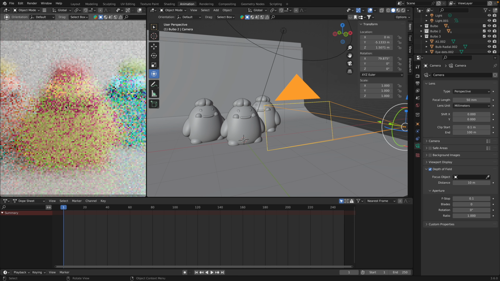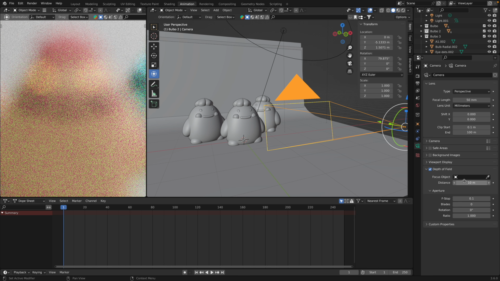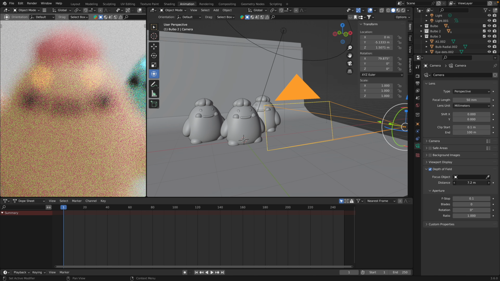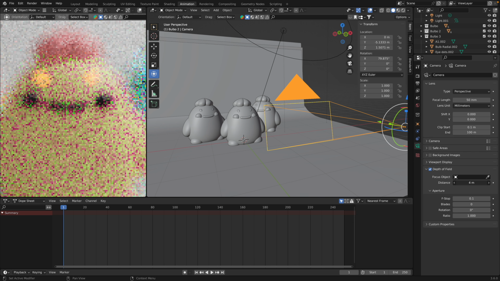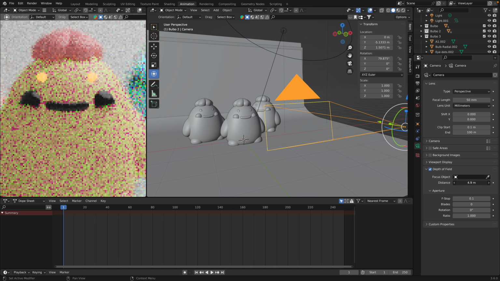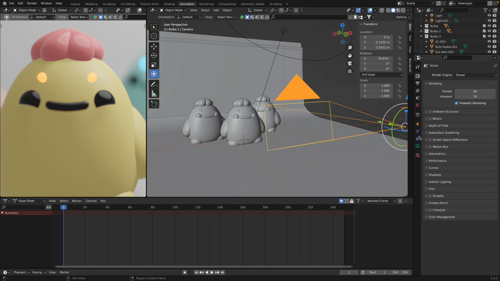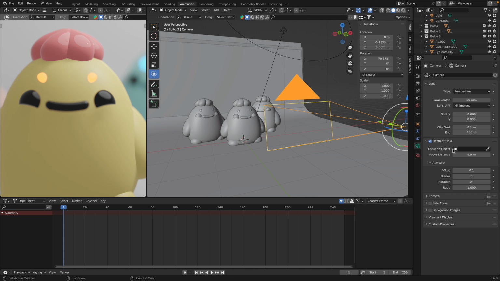So I'm going to zoom this back in really close. And then I'm going to go to this distance, and I'm going to bring this down until the front one is clear. Whoop, we just passed it. Let's go to Eevee. So instead of Cycles, I'm going to use Eevee in the camera. That just makes it easier. And then I'm going to go back to the camera and then back to the depth of field options. That'll make it a little bit easier, because using Cycles, my computer isn't fast enough for me to do it accurately. Okay, so now this eye is in focus, but you see the